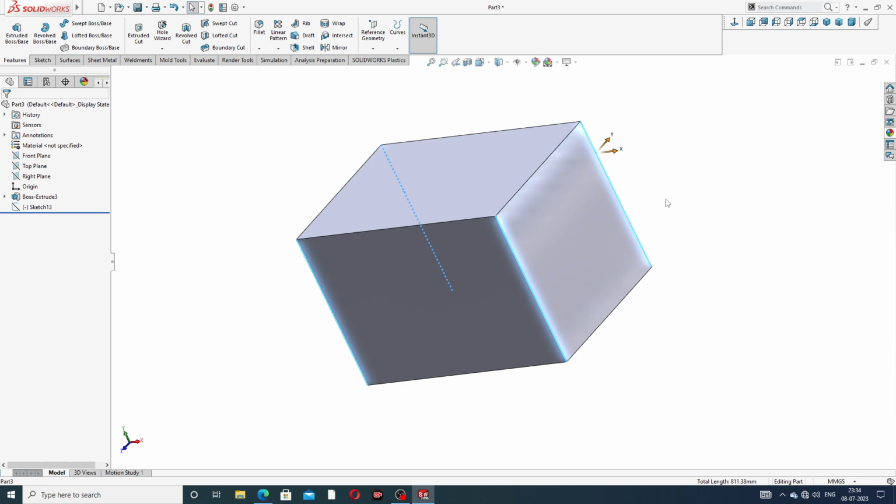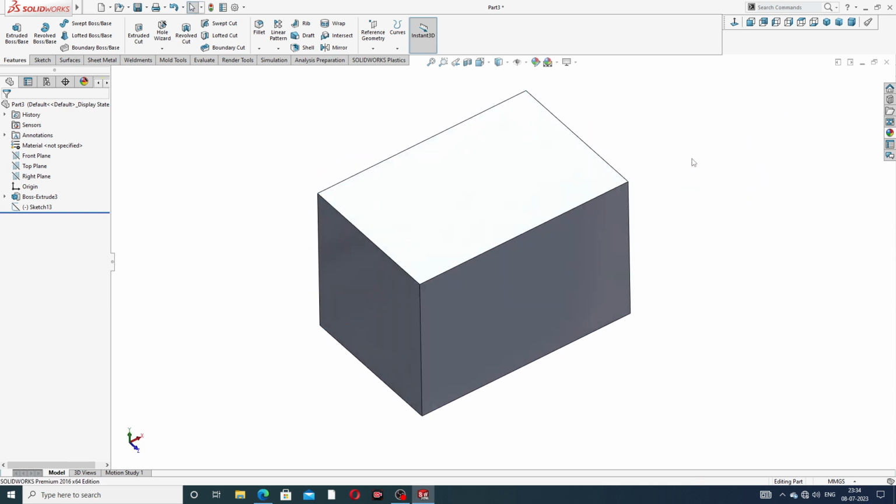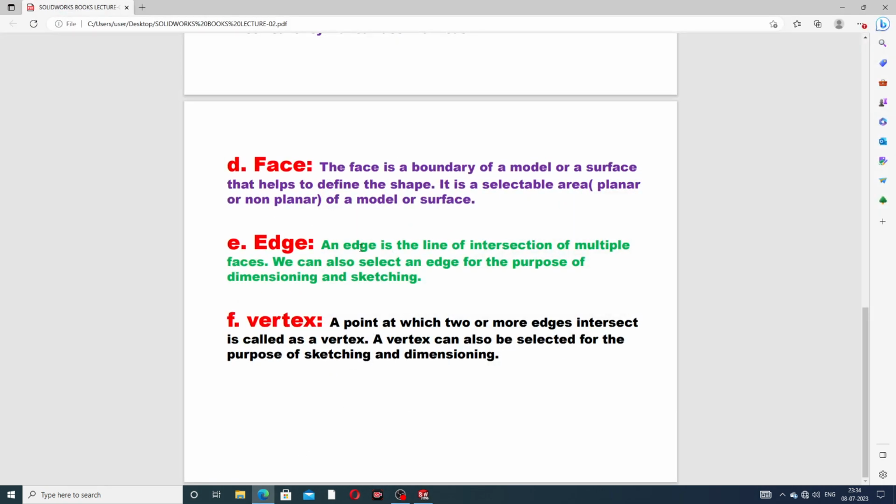and also all these point edges one by one select here, and okay. Then use an edge, the line of intersection of multiple faces. Okay, we can also select an edge for the purpose of dimensioning and sketching. This body is for dimensioning and sketching, then use select an edge. And vertex, and